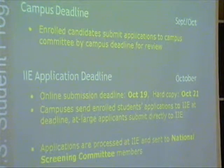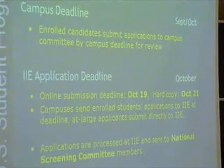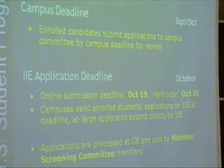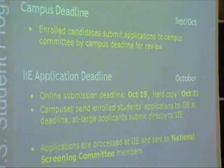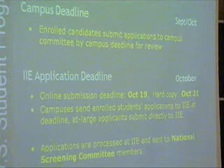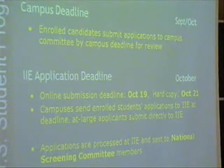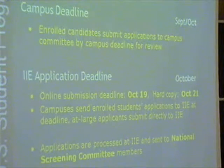And we also check every single crossed T and dotted I to make sure that you made no mistakes, because they'll reject an application even for a little teeny mistake. We look at every proposal to make sure that it's strong, that there's no grammatical errors. And so that's why we have internal deadlines, including